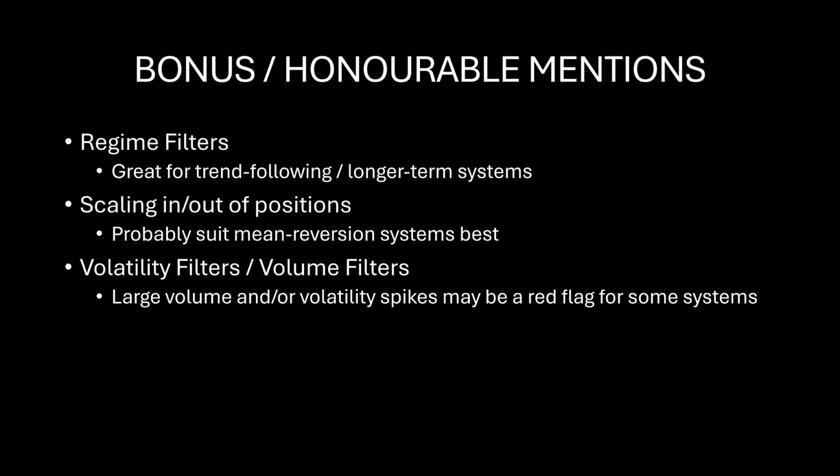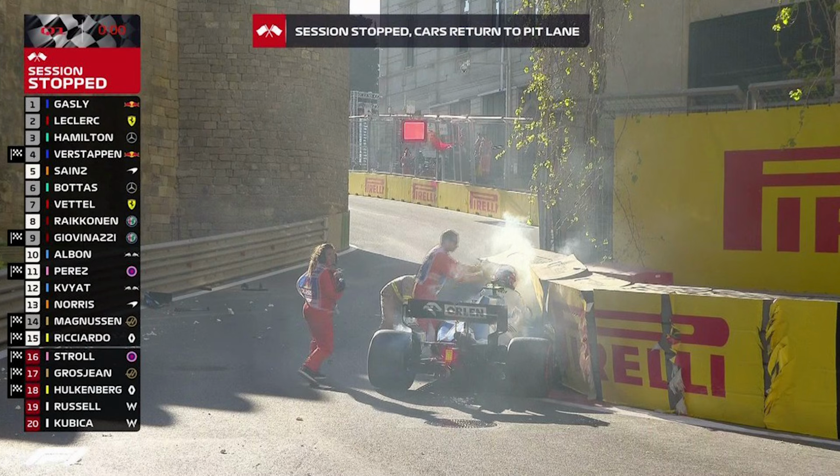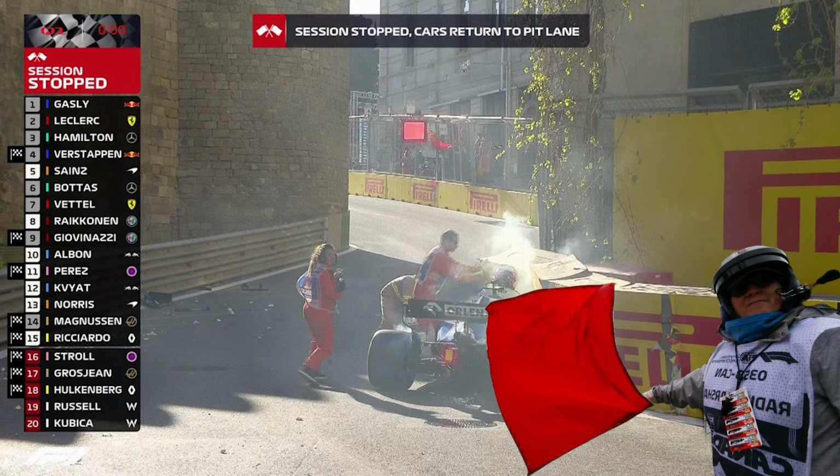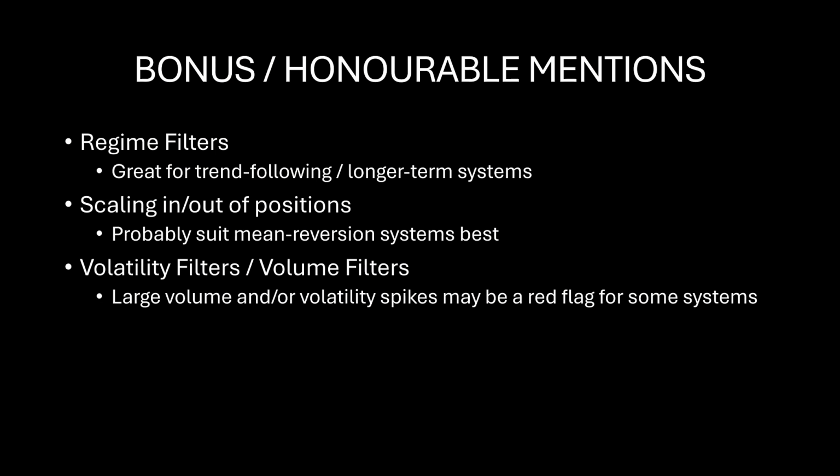The final honorable mention is volatility filters or volume filters. They're almost the same thing, but not quite. Spikes in volume don't necessarily mean a spike in volatility, but it can mean that. But large volume or volatility spikes may be a red flag for certain systems. If market volume spikes or volatility spikes on the individual asset you're trading, such as a stock or a currency, or a broad market gauge, such as the VIX index going haywire, you might want to sideline your systems temporarily